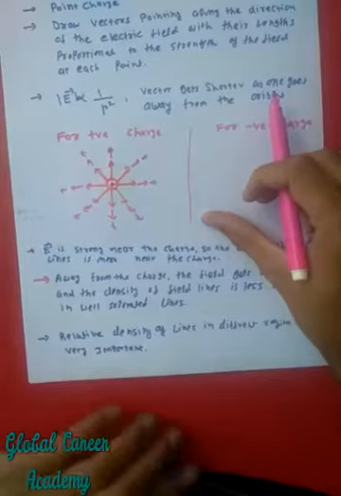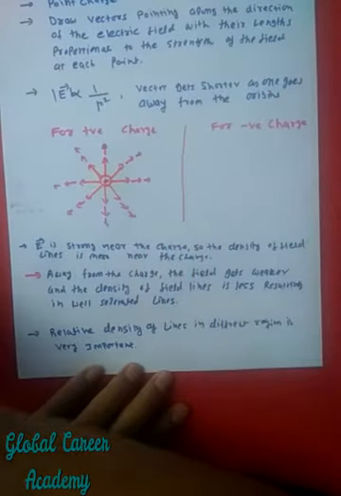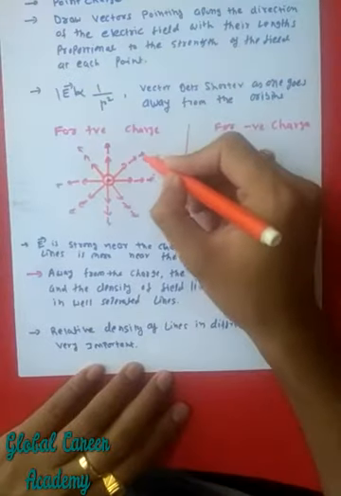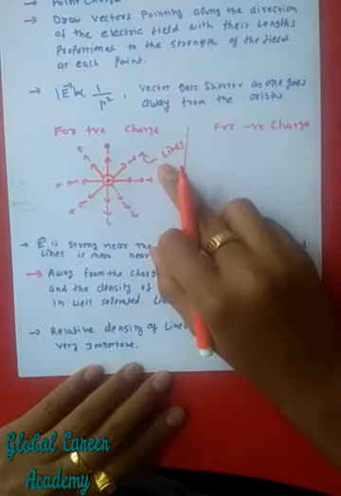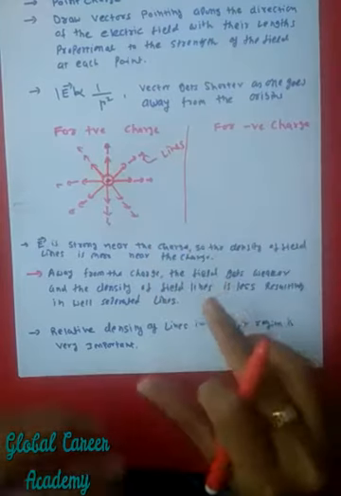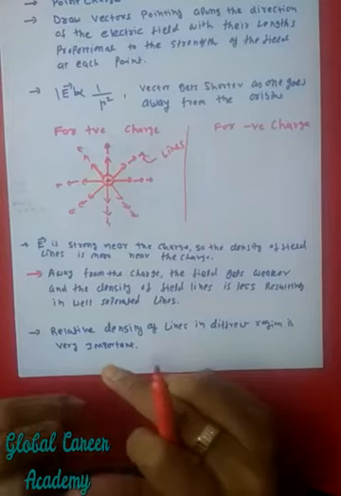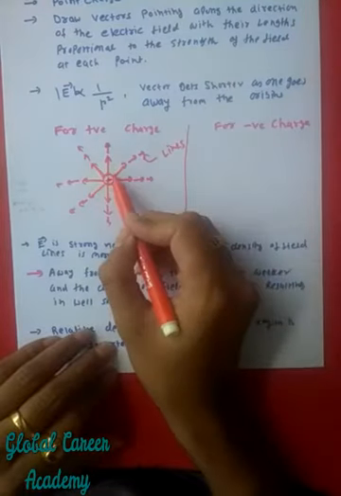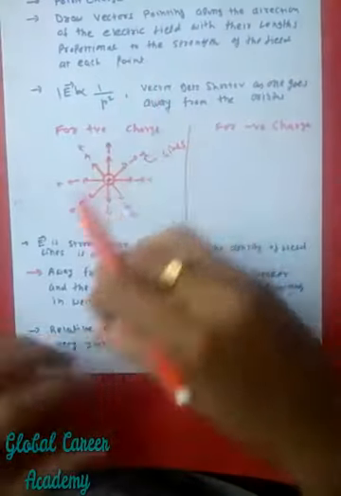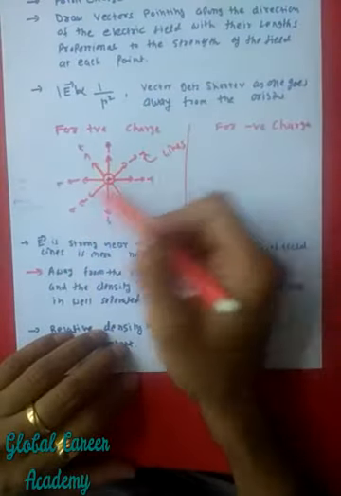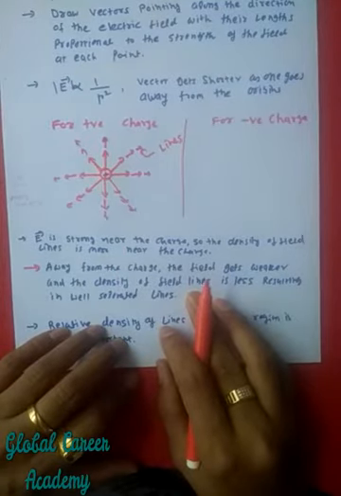So this is how you can show the electric field lines. These are known as electric field lines. And you can understand that the density is directly proportional to the number of lines. If you consider this area, then the density of lines is more, and if you consider the same area anywhere else, then you will find that the number of lines is less.